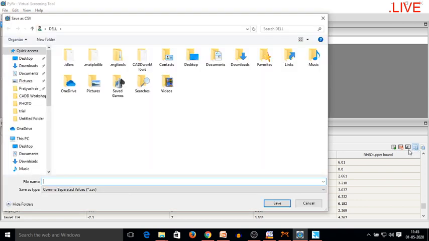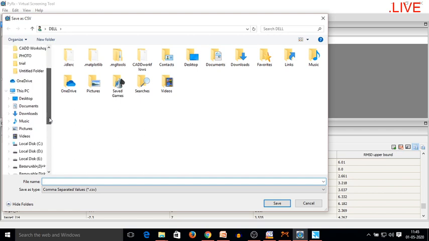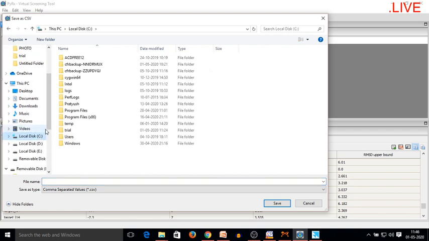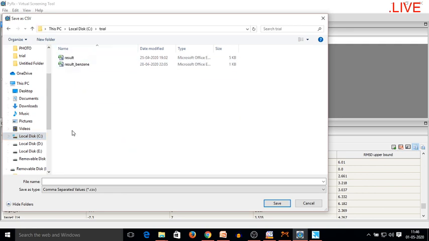As I press this comma separated values, it again opened a browse section. Actually it is asking me where I wish to save my result. So I am going to the C drive and the trial folder.